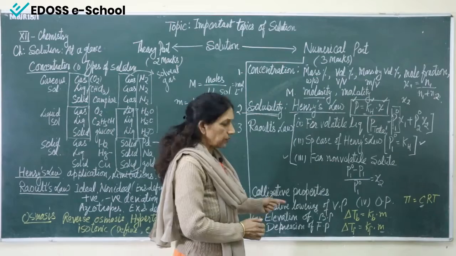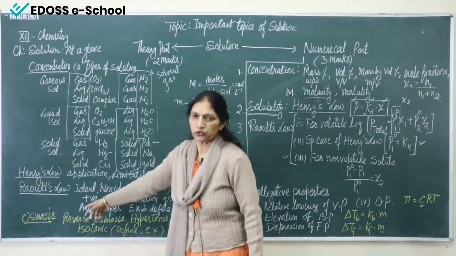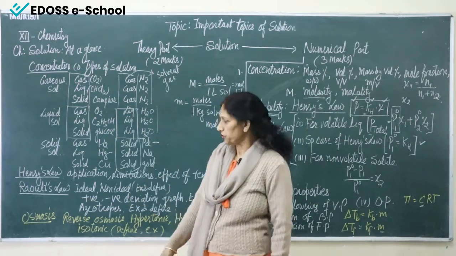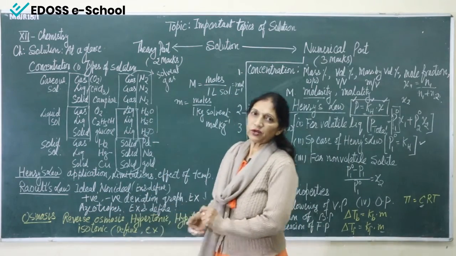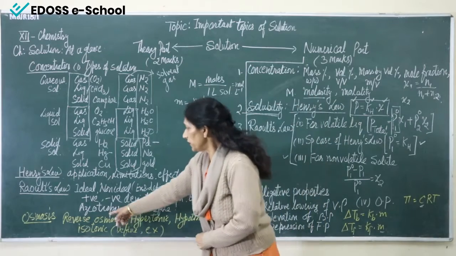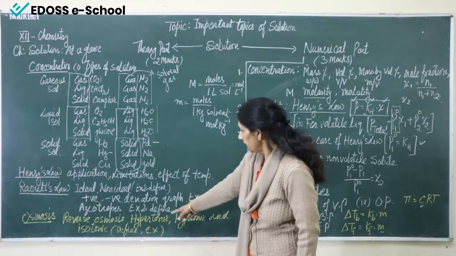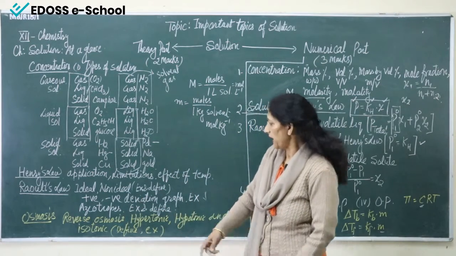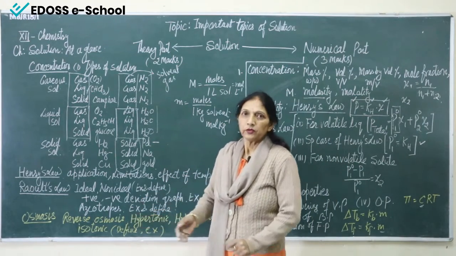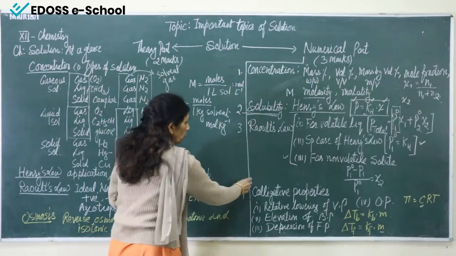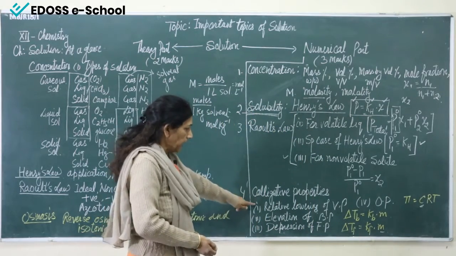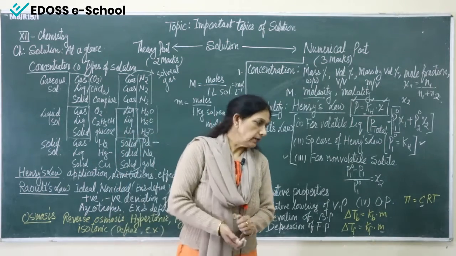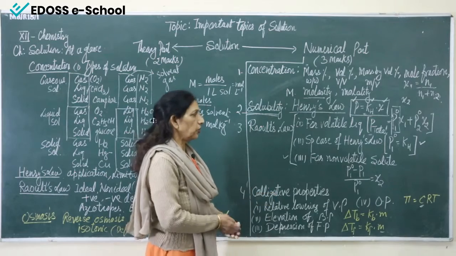Now from colligative properties, you can see this is osmosis. The main questions that we get from this chapter are related to osmosis and reverse osmosis. First, you have to prepare reverse osmosis, and then hypertonic, hypotonic and isotonic solutions, their definitions and their examples. For these, and for the other colligative properties, I have already prepared a video.